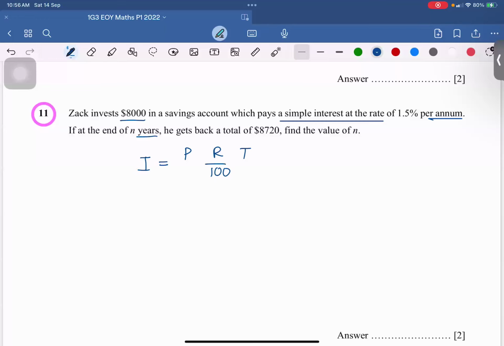Okay. Principal amount $8,000. Interest rate 1.5%. I do not know how many years, so it's n years according to the question. But however,